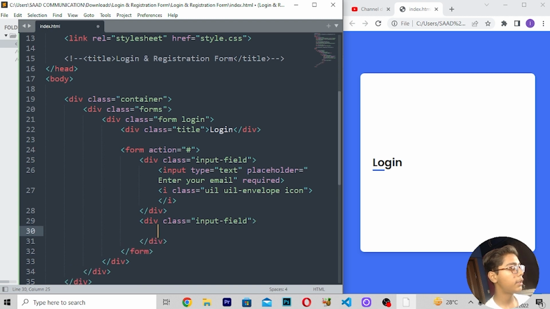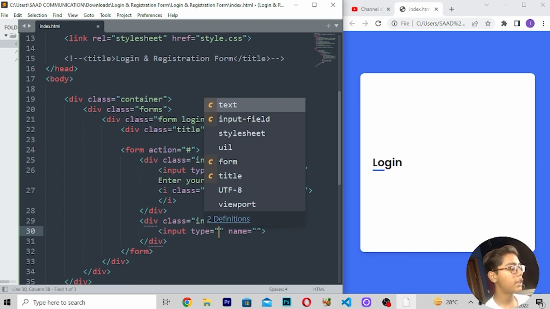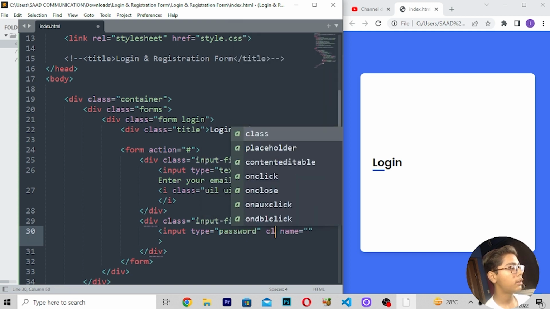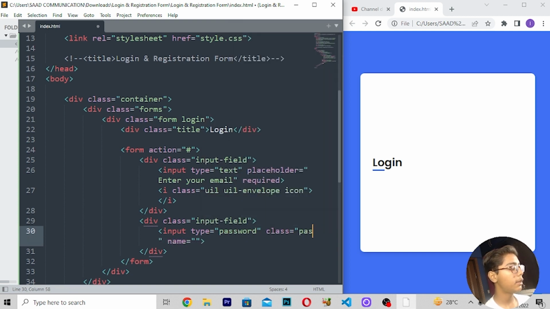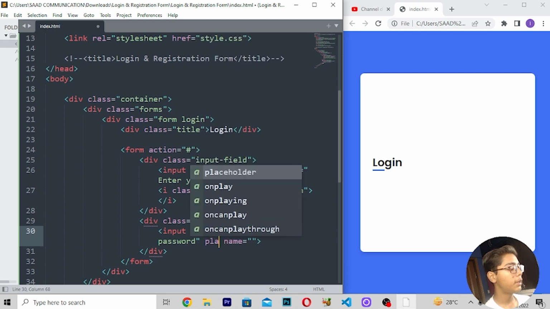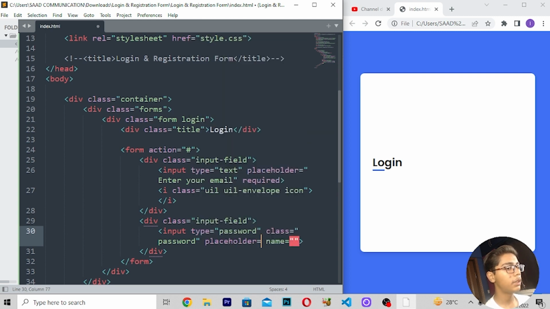Then I will be writing input, and in this input tag I will be writing type password class. Then I will be writing password, then placeholder is equal to enter your password, then I will be writing required.